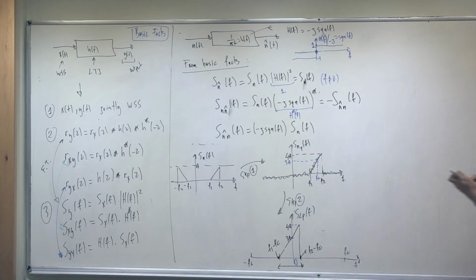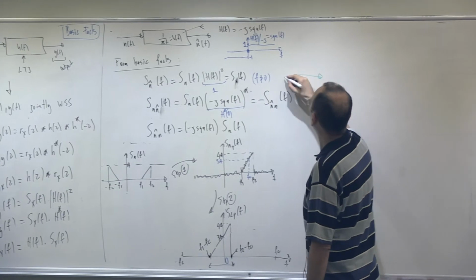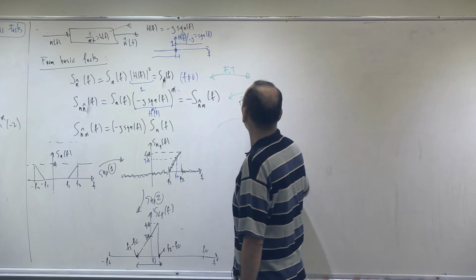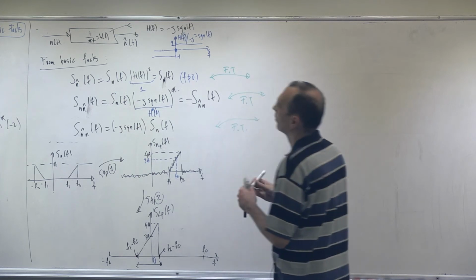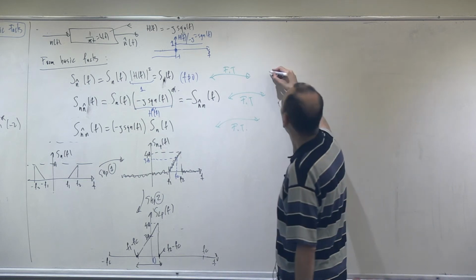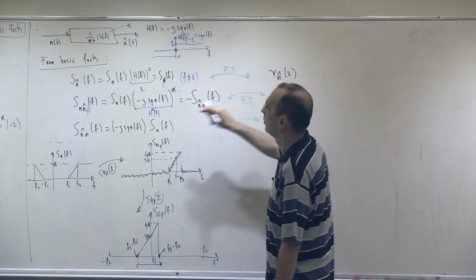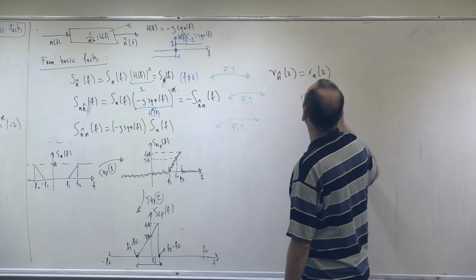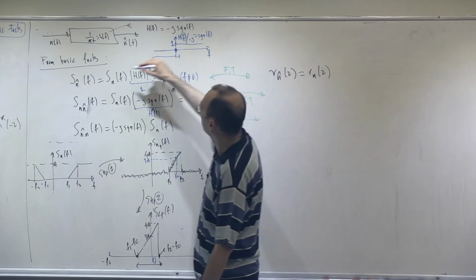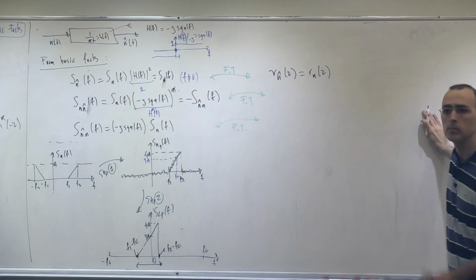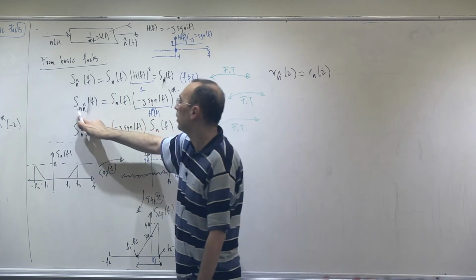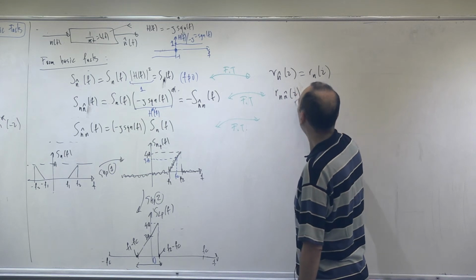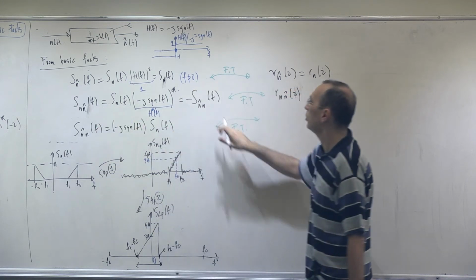Okay, so if I take the inverse Fourier transform, what do I have? So R_n hat of tau after this operation will be equal to R_n of tau, because their power spectral densities are equal, so their autocorrelations should be equal. Okay. So how about this cross correlation? R_n hat of tau, if I take the inverse Fourier transform of this, is equal to,